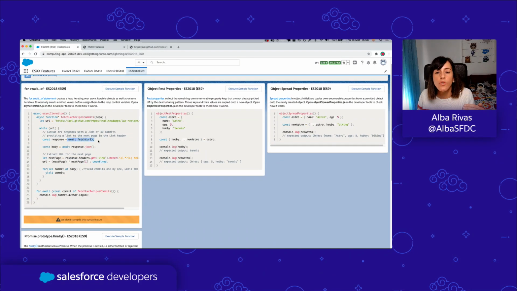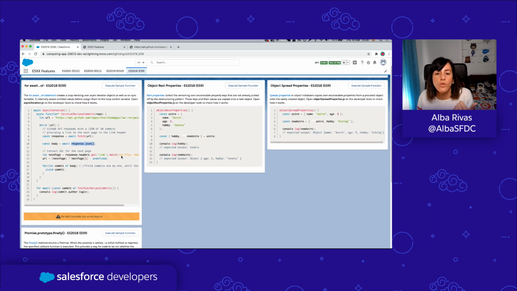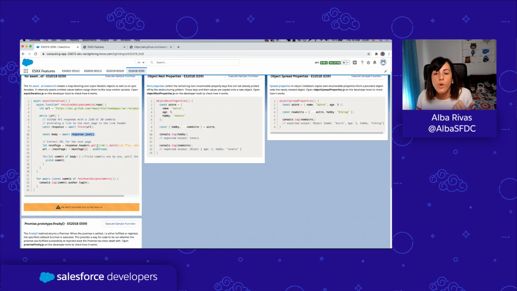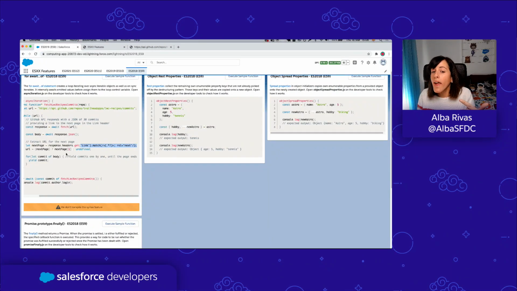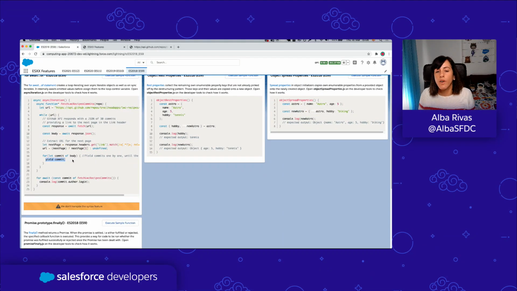In which we are going to fetch that URL that is going to return us those first 30 commits with the next URL on the link header. We are going to await the response and retrieve the next URL from the header, and then we are going to yield every individual commit that comes in the